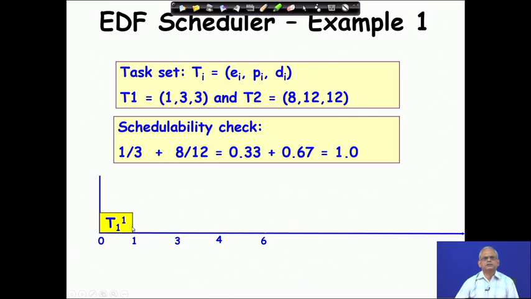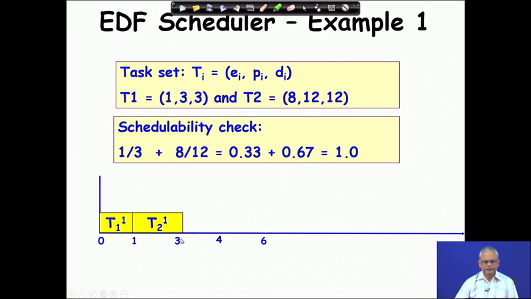It completes after 1 unit, because execution time of T1 is 1, and at that point defines a scheduling point, and the scheduler will wake up and find that there is only one ready task, which is T21. It will start executing T21. The T21 executes for 2 time units, and at time